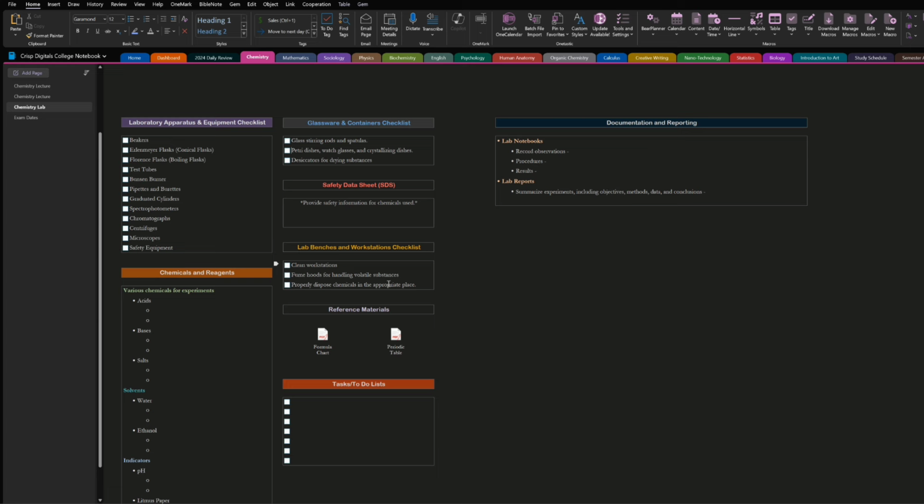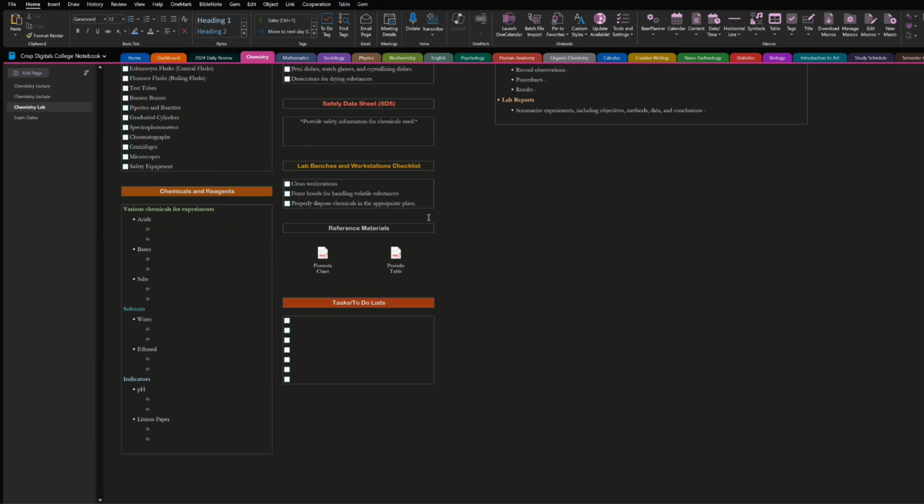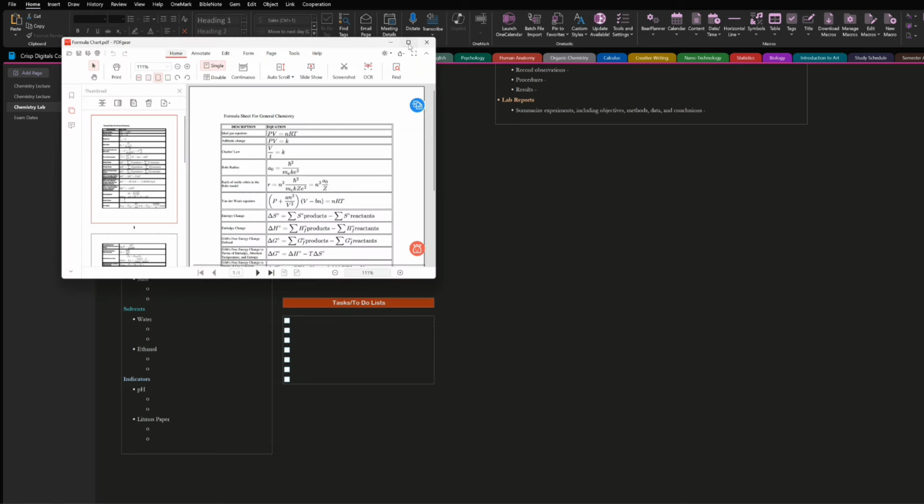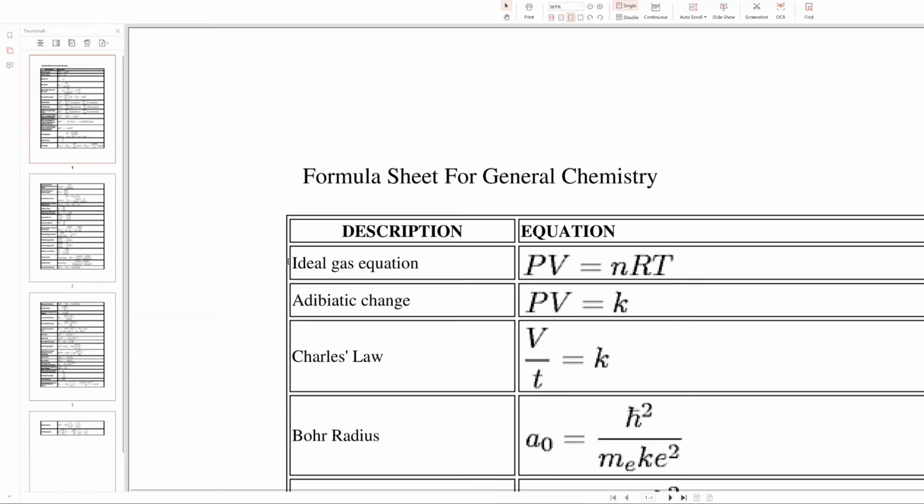And here we have the reference materials. Okay, so over here, I just added this for you guys. So a formula chart and a periodic chart. So if I double click on this, okay, so for these ones you should be double clicking, I believe, and it will open a PDF. Okay, and in that PDF you will see